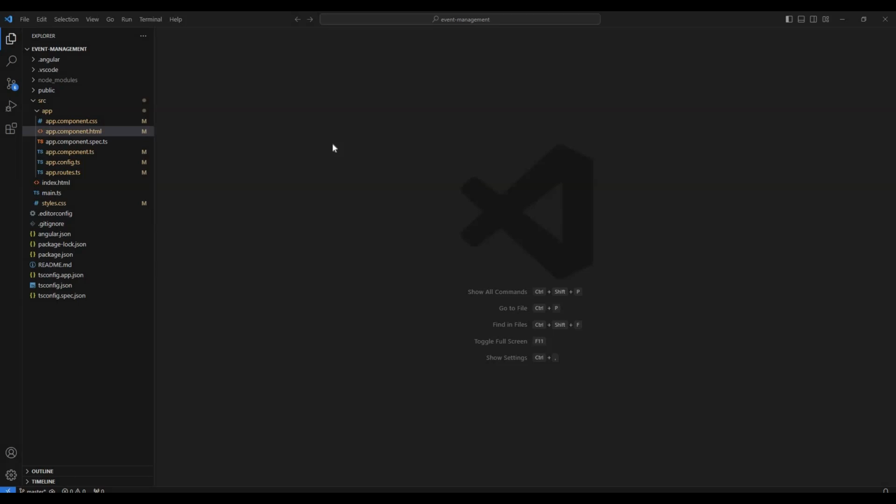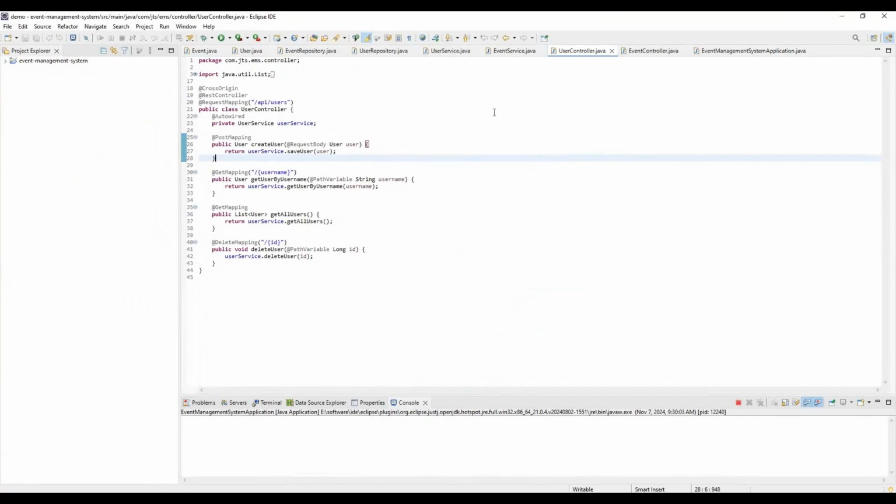In my last tutorial, we started working on this event management system. So what have I covered? We have covered the backend application, the Spring Boot application, where we defined all the APIs. These are the APIs: we have created two controllers, one is the user controller and another one is the event controller, where we have defined all the possible APIs which we are going to connect from the front